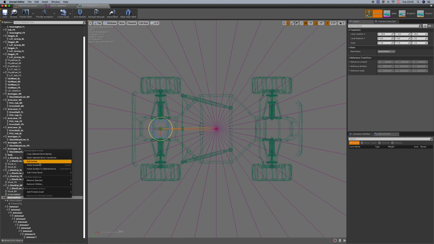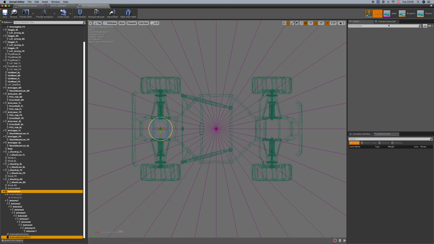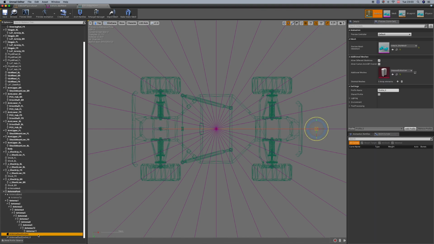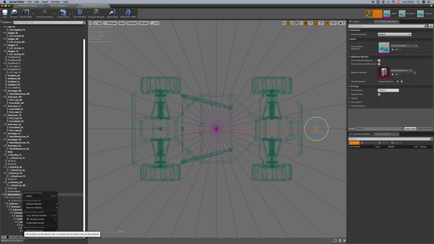Maybe it's better to... Okay, we can rename it. So this one I don't need. Remove or delete selected. This one we want to rename, and I would like to call it, let's say, front reference. That's it. And here we have the antenna root. Just remember these two, now important for us. Now, if I save here,